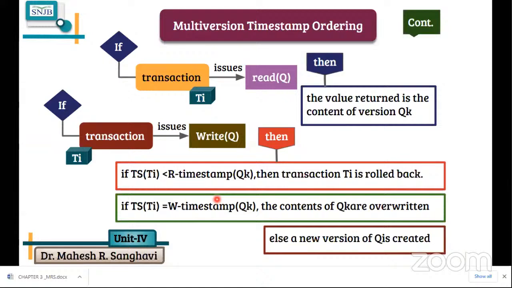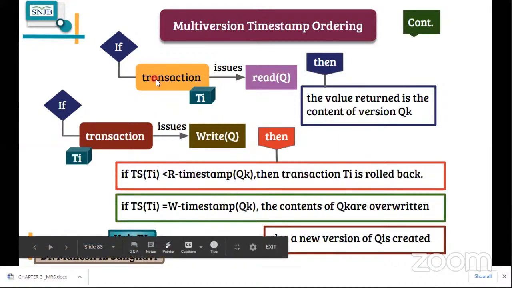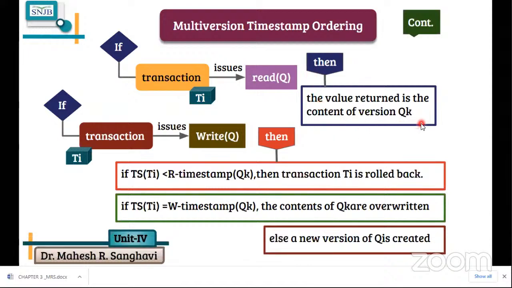Okay, so now this particular part will again tell you that if transaction Ti issues read Q, then the value returned is the content of version Qk. Okay, Qk का क्या करेगा, वैल्यू जो भी हो वहां पर रीड हो जाएगा, क्योंकि ये मोस्ट रिसेंट वैल्यू है. ओके, इफ ट्रांजैक्शन Ti issues write Q यदि आएगा तो आपको क्या क्या करना पड़ेगा, देन